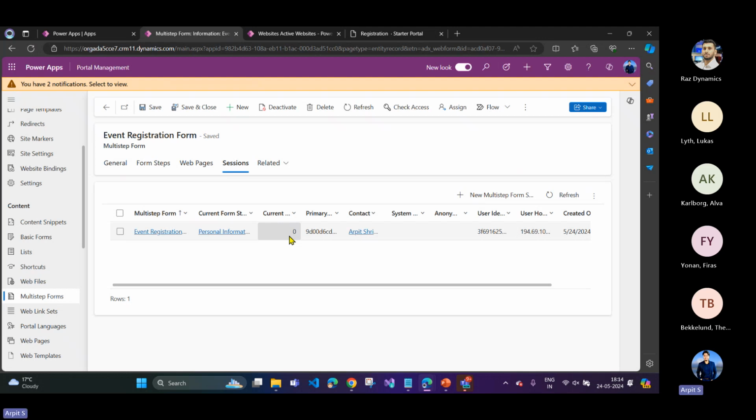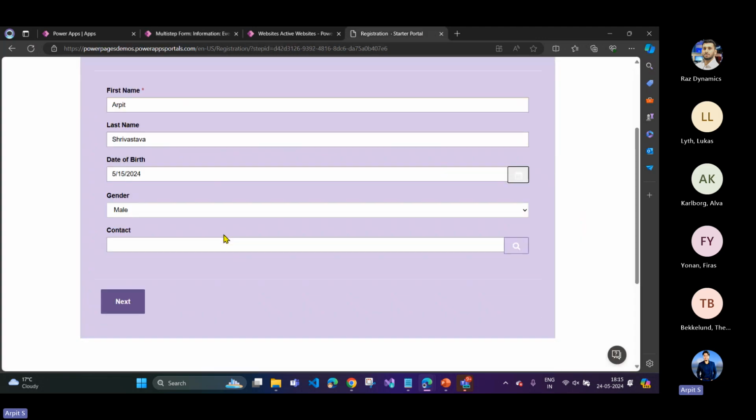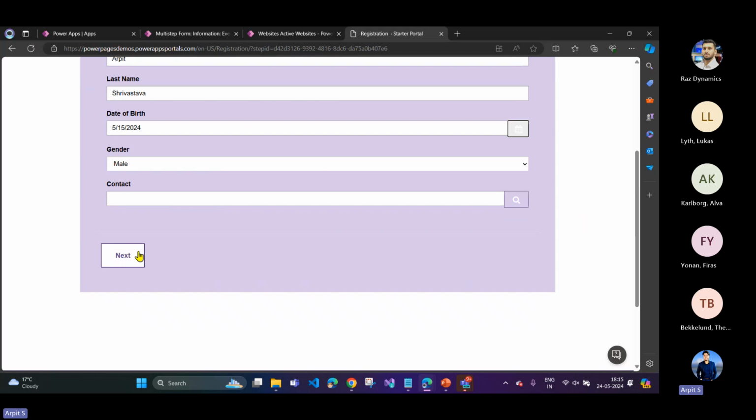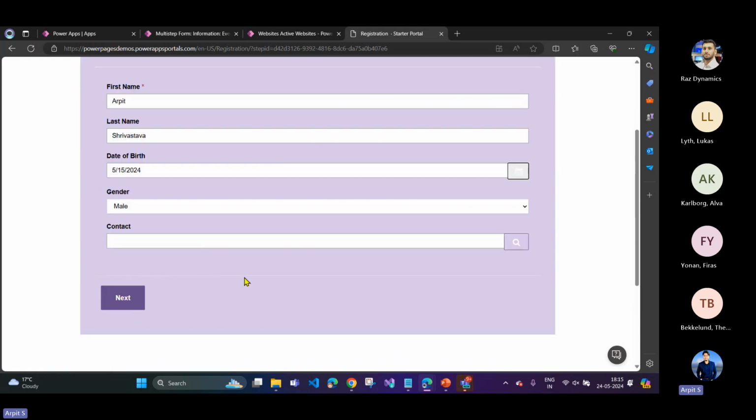I mean, the session will have timed out if you drop out and come back the next day. It won't pick up the same session. You have to at least save the information to the Dataverse. It's not an auto save like in the model driven app, where you don't even need to save, it automatically saves in the Dataverse. If I'm in that session, and then you come back in the future,